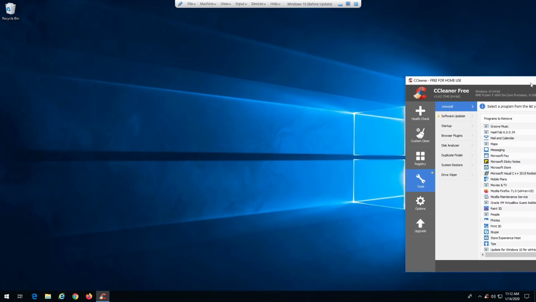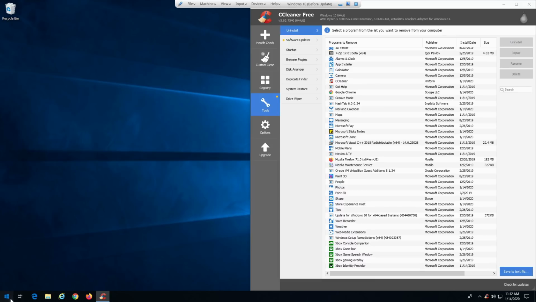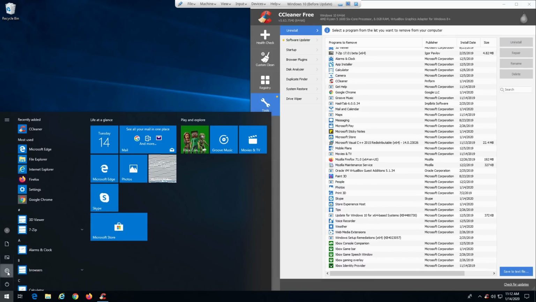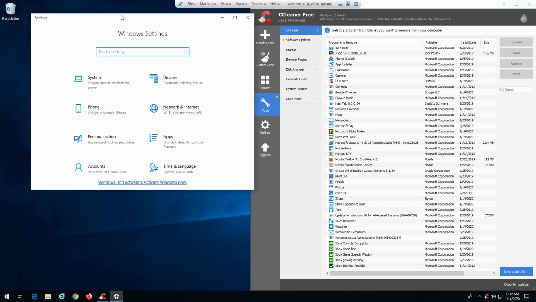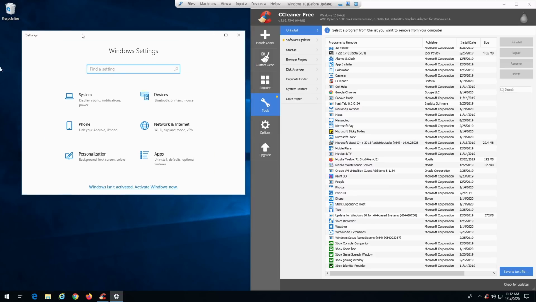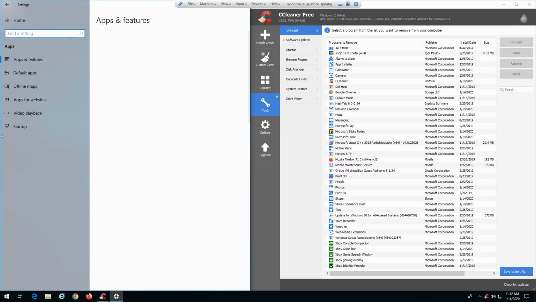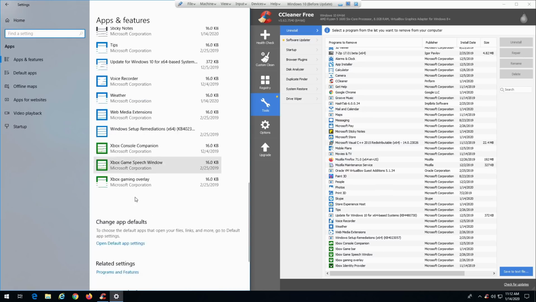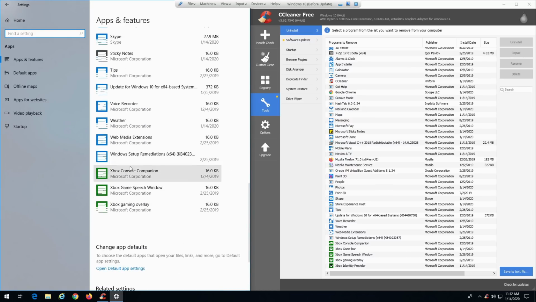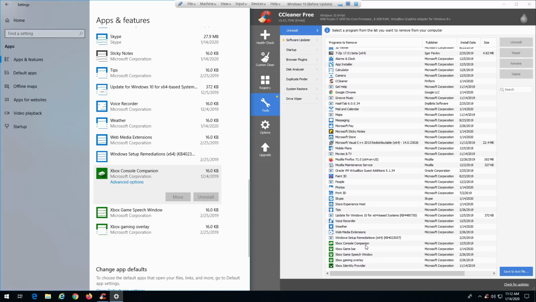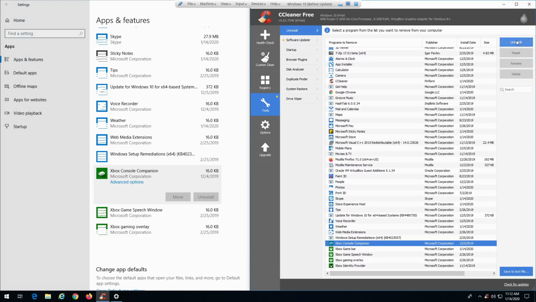So now, we're not going to pull up the control panel settings again, but we are just going to go ahead and pull up the app settings from here. So finding our apps. If you remember, we had the Microsoft stuff down here, the Xbox stuff that I will not have. I can actually come down here now in CCleaner and uninstall some of this crap that I do not want.